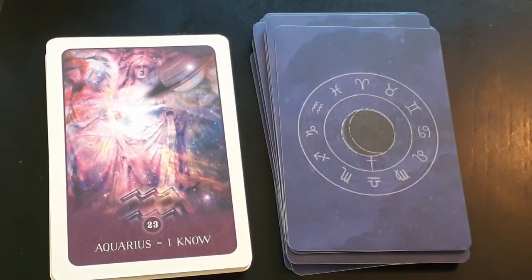Aquarius, I know. The future, speculation, visions, speculative literature, science fiction, planets, stars, and outer space, outside time and space, aliens, technology, computers, bionics, electricity, phones, and other modes of communication, mental expansion, flights of genius, arrogance, flightiness, bisexuality, cross-dressing, optical patterns, pewter, silver, and aluminum foil, taboo subjects, original ideas, free thinking, the unconventional, groups and associations, people of a like mind who may be of a different mind to the rest of society, a bohemian crowd, going against the status quo, marching to the beat of a different drummer,